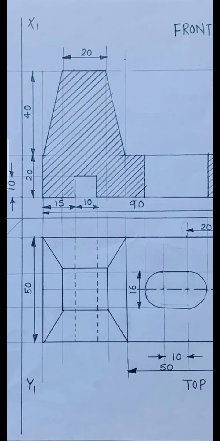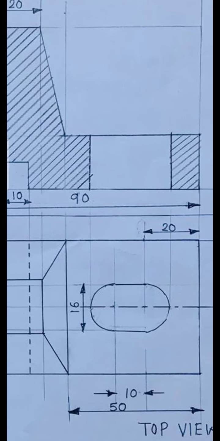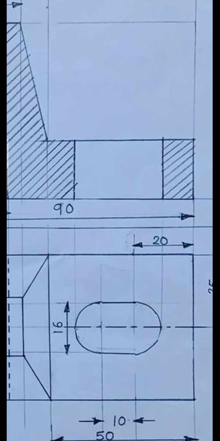And make sure that when you draw this, see here, initially what was the normal view? In the normal view, these circle lines in the front view were dotted lines. But in the sectional view, draw a continuous line. What is the reason? When you drew the initial view, that circle was at the backside of that particular object. But when you cut the object along the section, that part will come in the front and will appear as a continuous line.